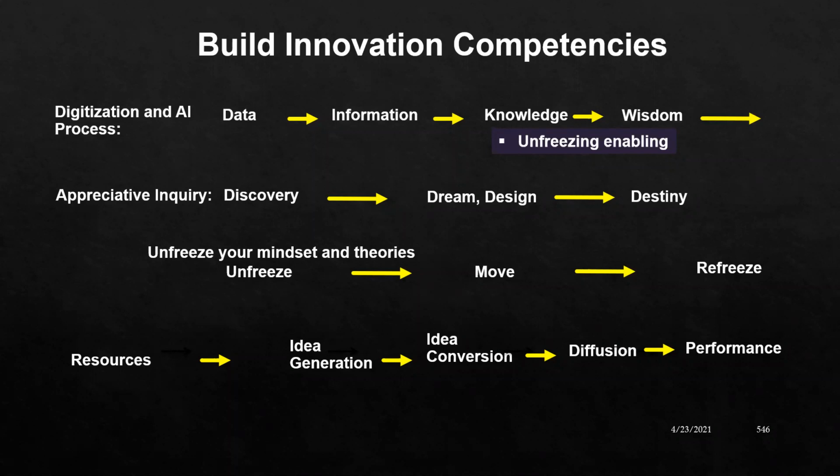For example, from a digitization and artificial intelligence process perspective, we need innovation competency in the domain of data. We need innovation competency in the domain of information. We need competency in the domain of knowledge and wisdom, which is very important,